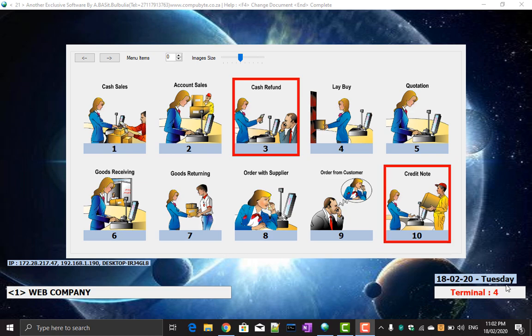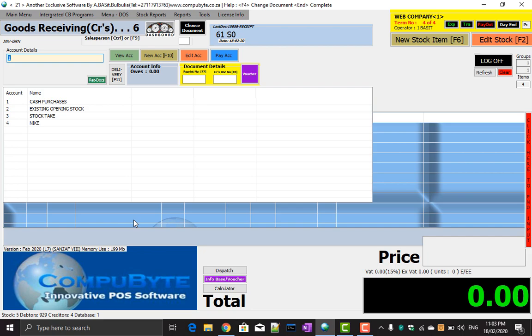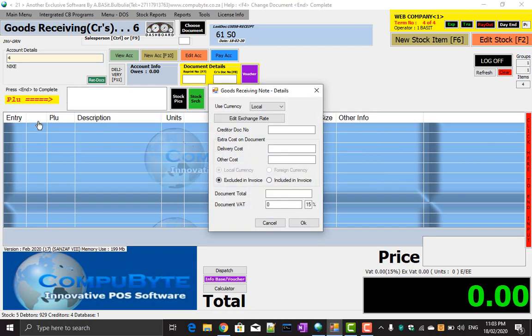Once you're at the CompuByte menu items, you'll choose goods receiving to put your stock in or prepare your stock for the website. You'll choose the company where you're receiving the stock from. You put the creditor's document number in,